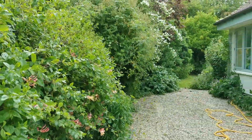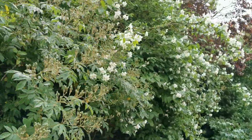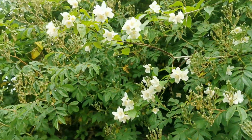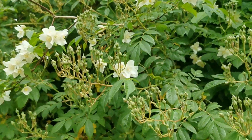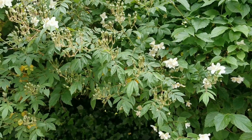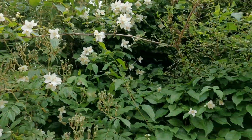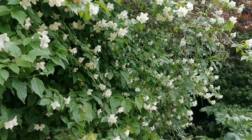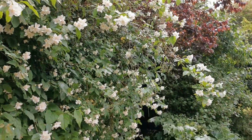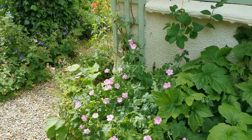Quite a breeze up this morning, but just look what we've got flowering in front of the lounge window. This mock orange Philadelphus, scent of which is just incredible. It's growing through what in the next couple of weeks is going to be another mass of similar colour pattern flowers, with the rambling rector that's gone up to around 12 feet, and the Philadelphus nicely contrasted against the purple leaf of the prunus behind it, which is now well finished flowering. And then if we come round into the main part of the garden,